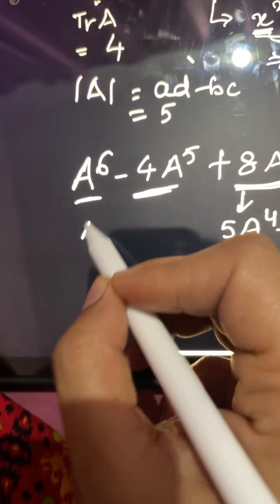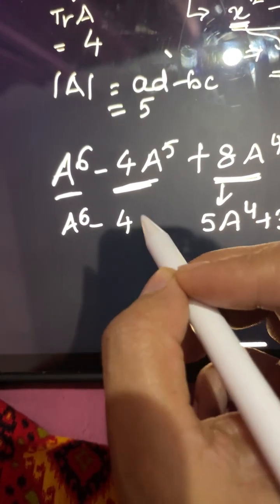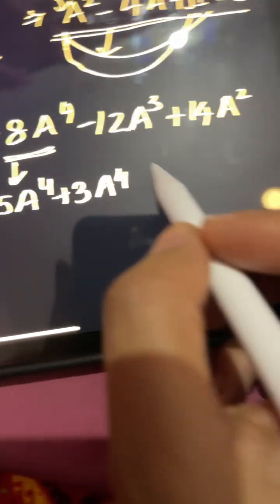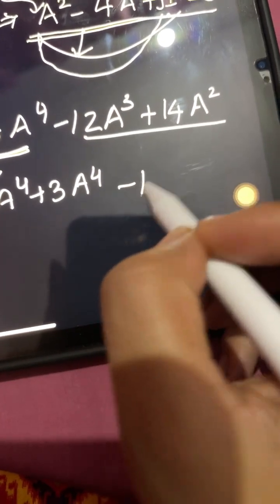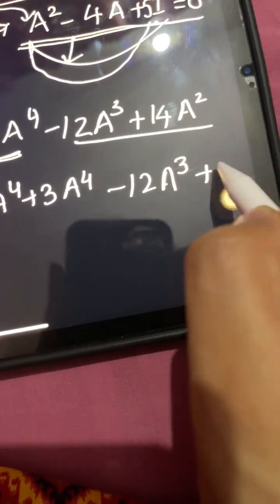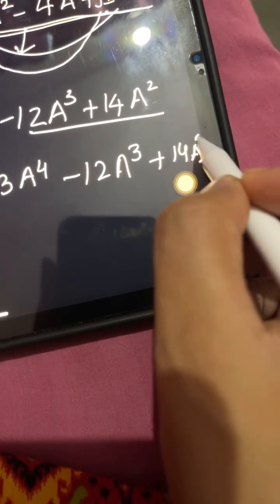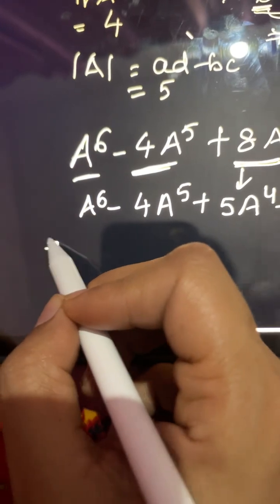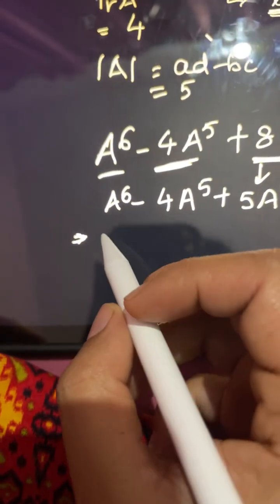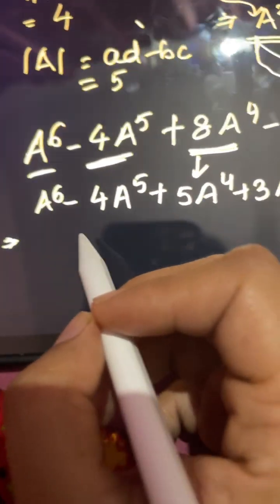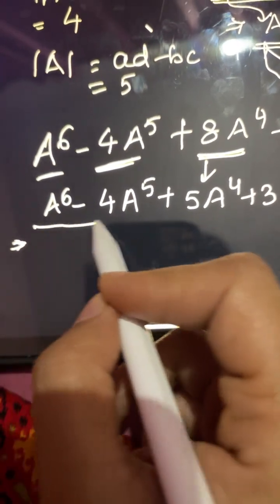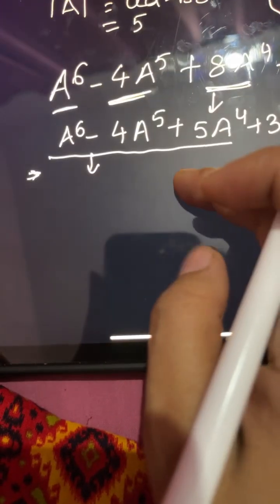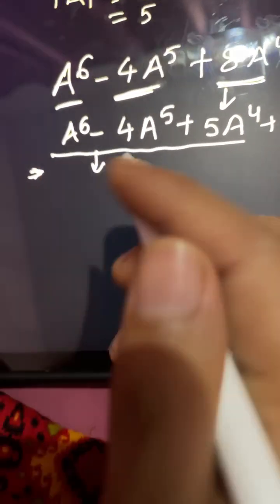ठीक है, सो a6 minus 4a5 plus 5a4 plus 3a4 and rest terms. लेट्स जस्ट राइट एज इट इज़। ये सिर्फ अभी दिखने में टाइम टेकिंग लग रहा है, बिलीव मी, वंस द ट्रिक हिट्स यू, तो ये आपके लिए बहुत ईजी हो जाएगा। यू कैन सॉल्व दिस पर्टिकुलर क्वेश्चन इन जस्ट 2 minutes वंस यू आर एबल टू अंडरस्टैंड दिस ट्रिक।